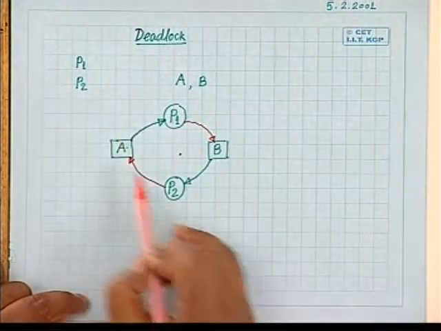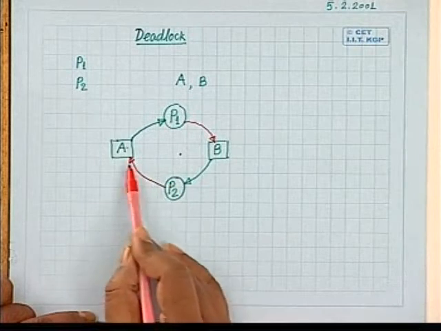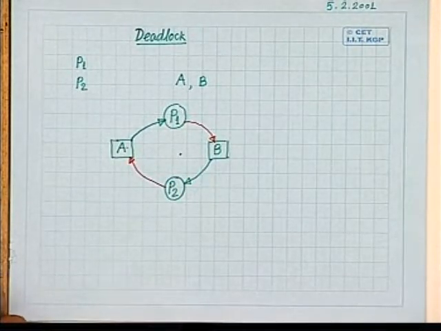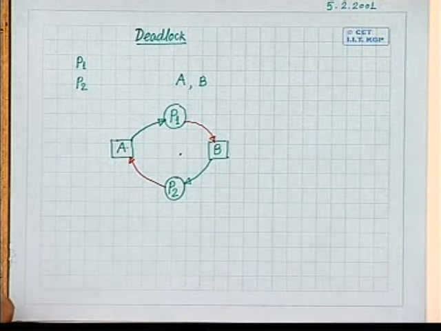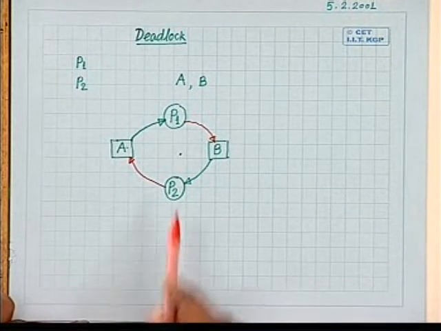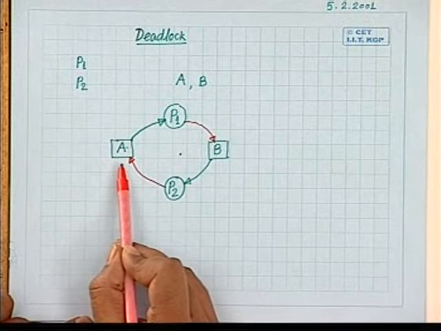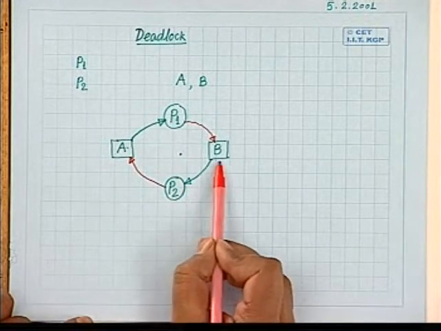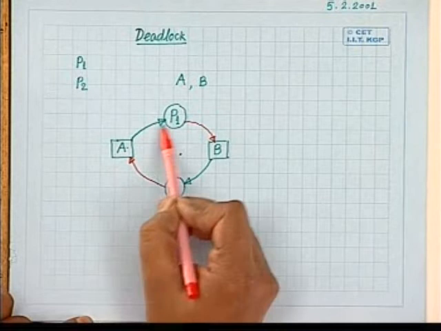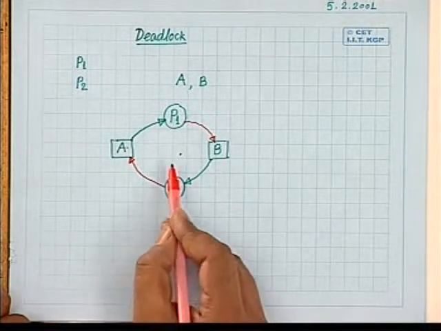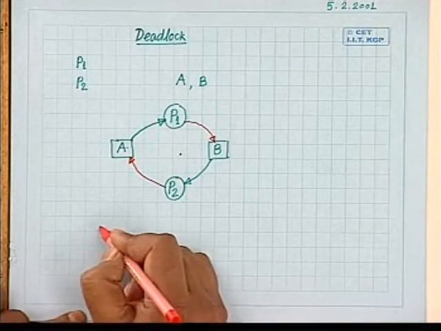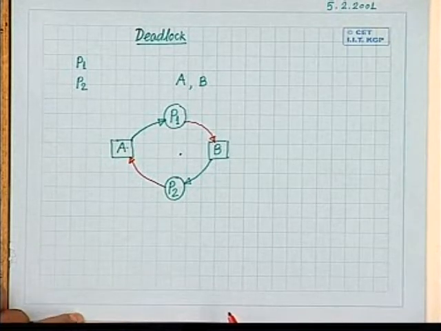So you find that we have a situation that both these processes have acquired some resource, and each is waiting for the other resource to be released by the other process, which in turn is waiting for another resource which is acquired by the first process. And you find that in this situation, neither will A be released by P1, nor will B be released by P2, and they will wait forever in such a cycle, and they will never be complete. So this is a situation or a problem which is known as a deadlock problem,